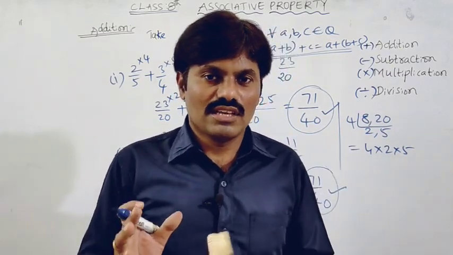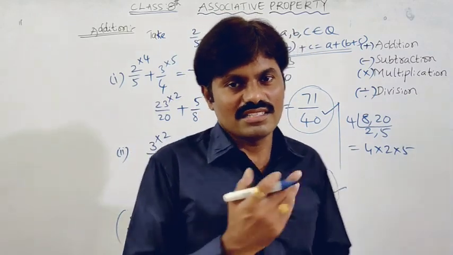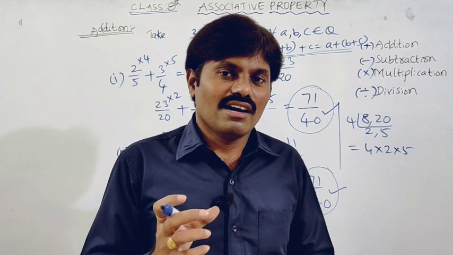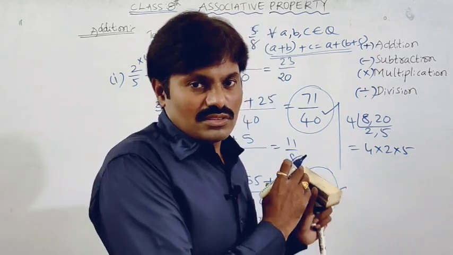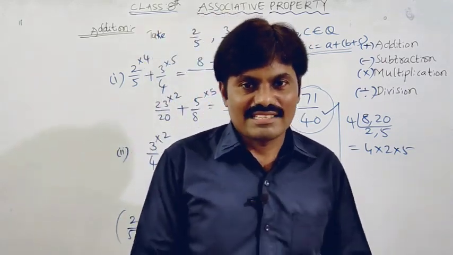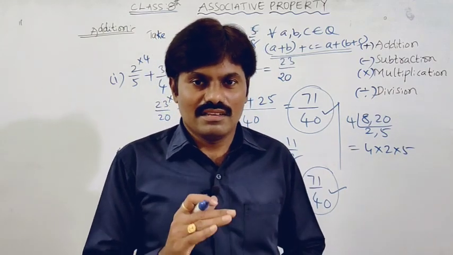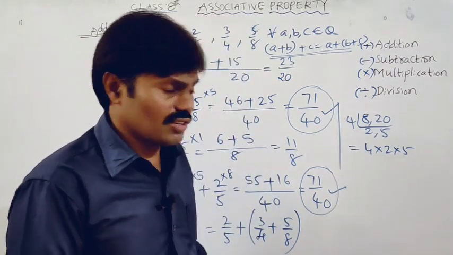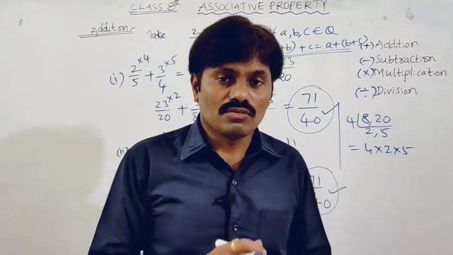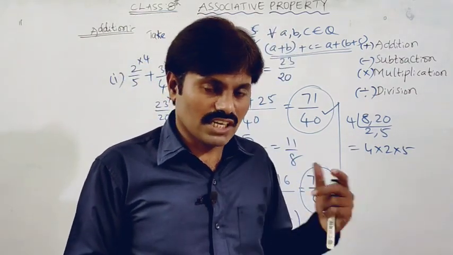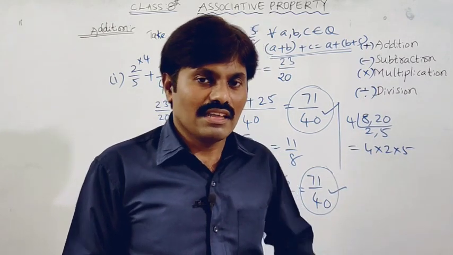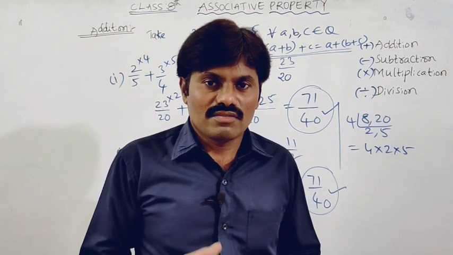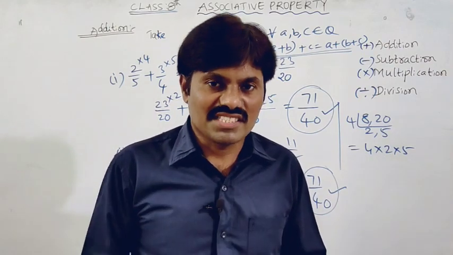If you know those concepts very well, it is easy to simplify. We just have to get an idea how to simplify the fractions here. Rational numbers, of course, are in the form of p by q, where q is not equal to 0. These are numbers which can be expressed in the form of p by q. Clear? So why do we want to use these properties? These properties are very useful in the case of simplifications.